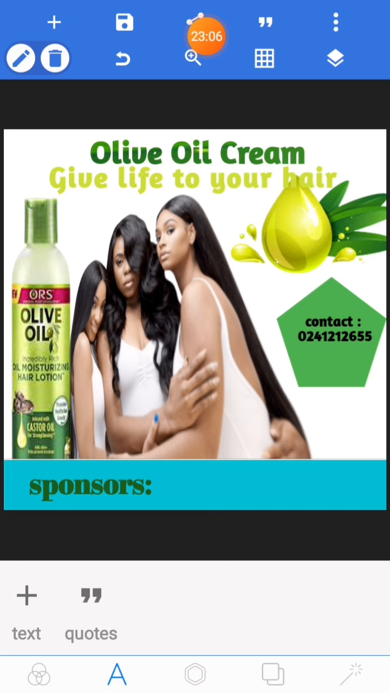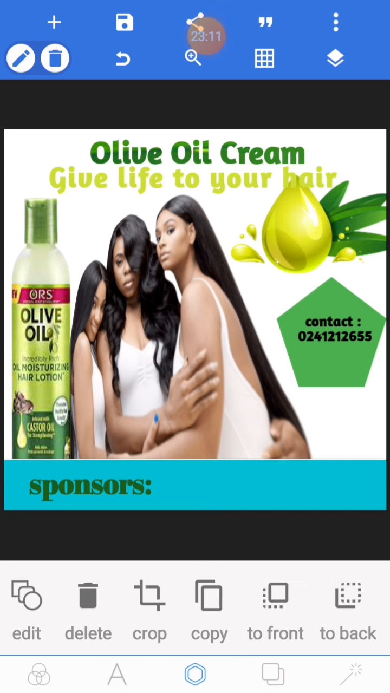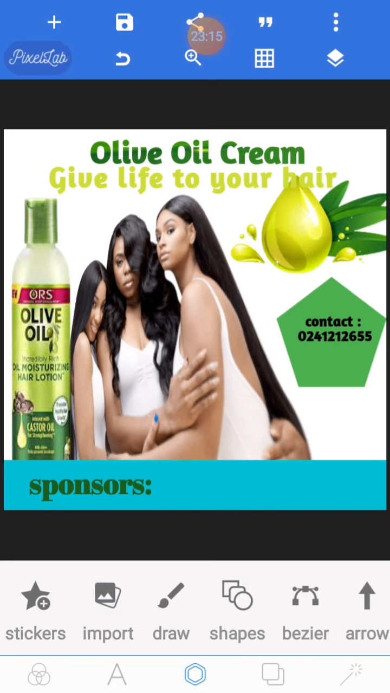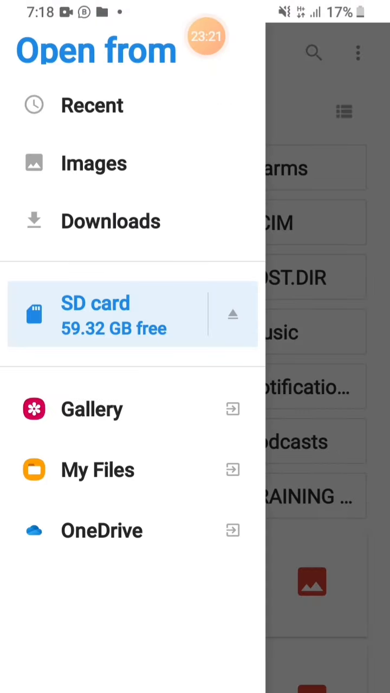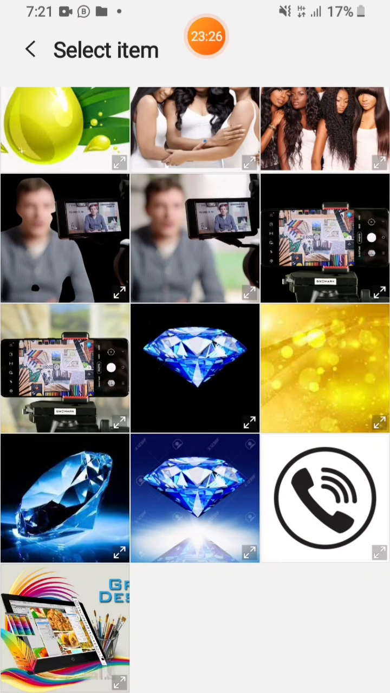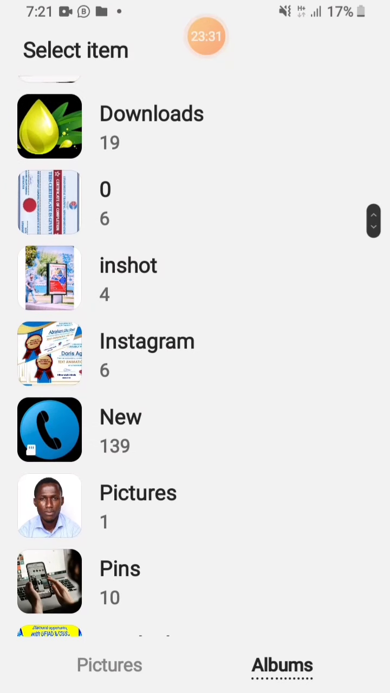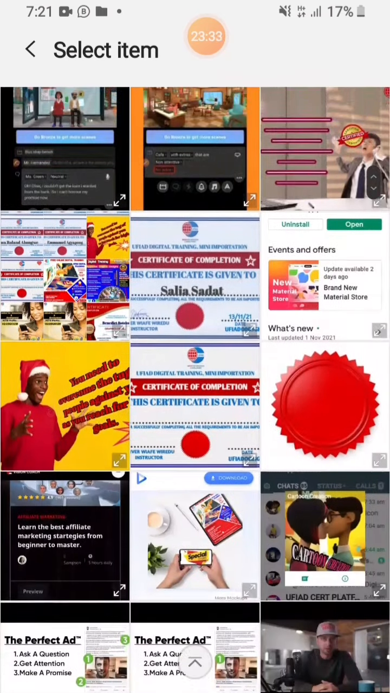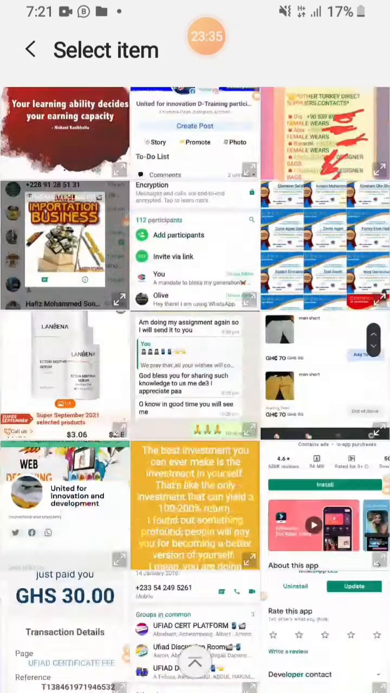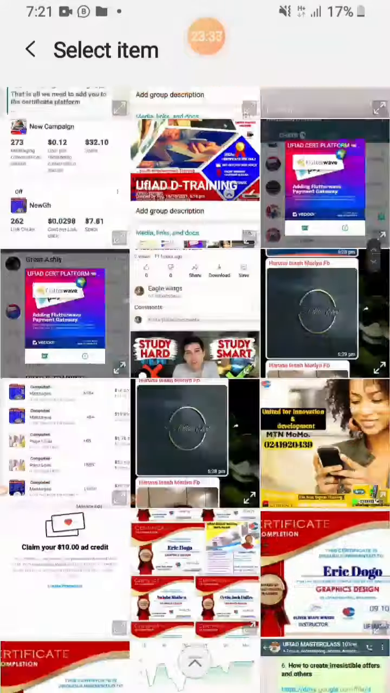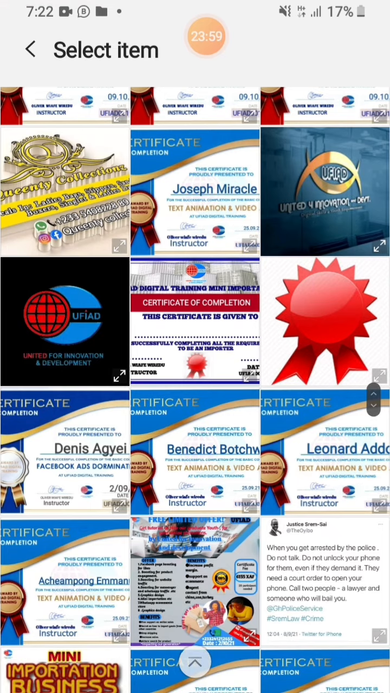So with the sponsors, you can just bring all your sponsors' image logos over here. Just make sure you have imports, then you bring your sponsors' logos over here. For instance, if Data for Innovation is part of the sponsors. So what you do is you go and pick the logos of the sponsors involved in this program. For instance, we have sponsors like, let's say, United for Innovation Development Organization. So you fit it, then you bring it